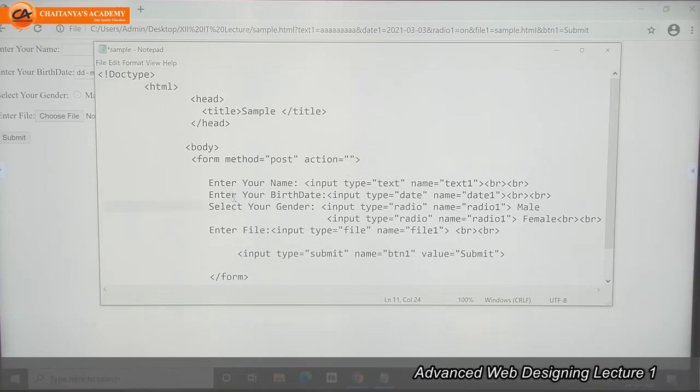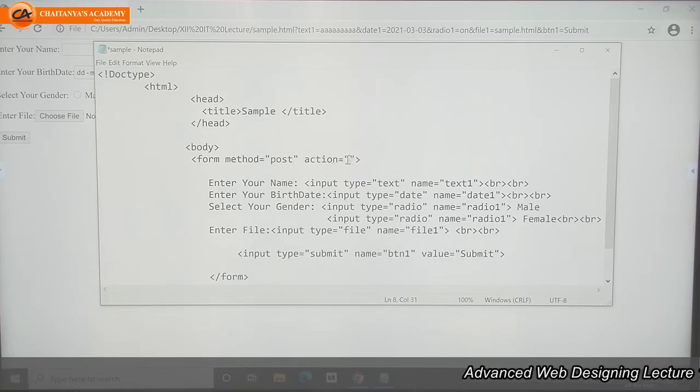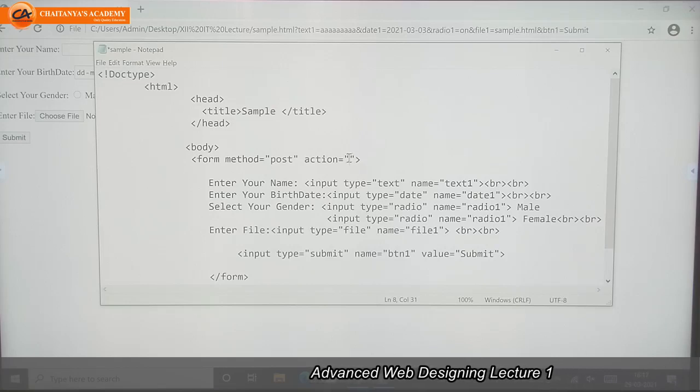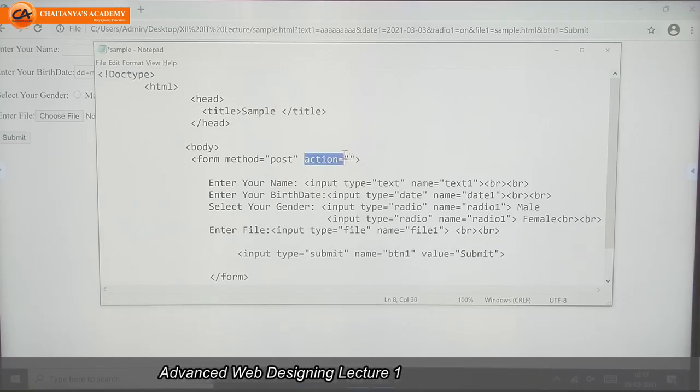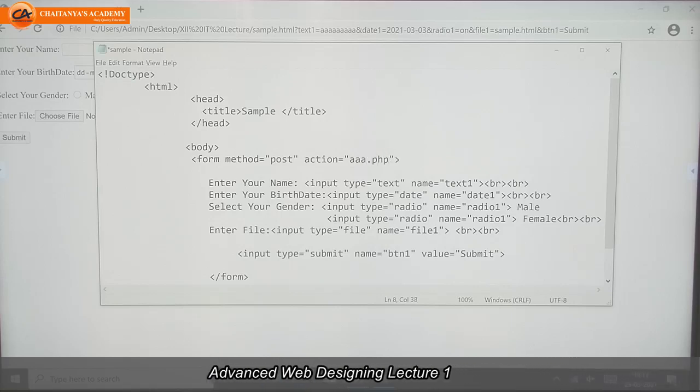Means the data whatever we are entering here, and we want to submit this data to which file, that file name we have to write here, in action. In the next PHP chapter, we are going to learn about this action attribute. When we use this action, if I write any name of the file, I don't have that file right now, but though I am writing that